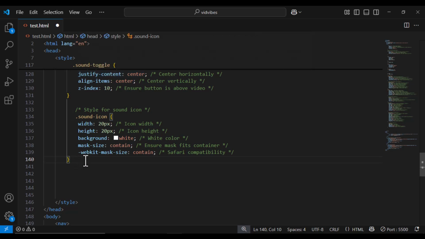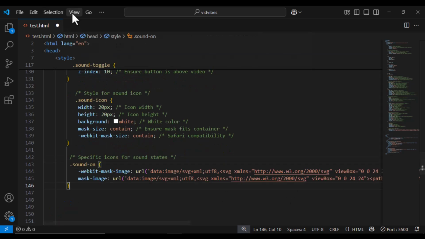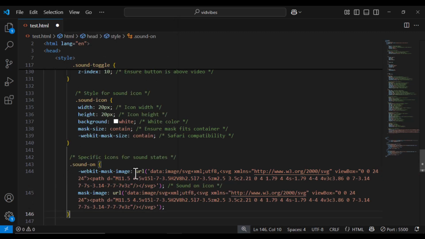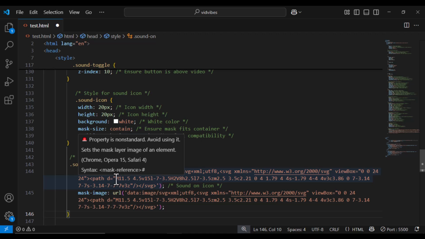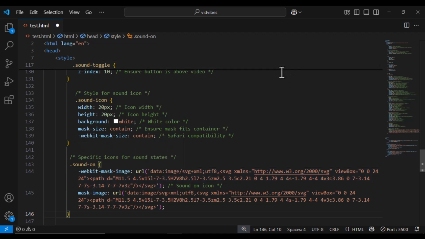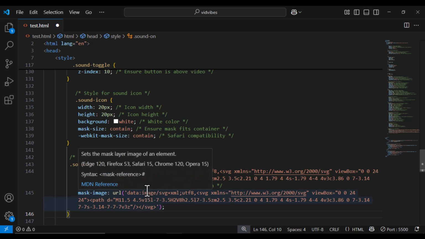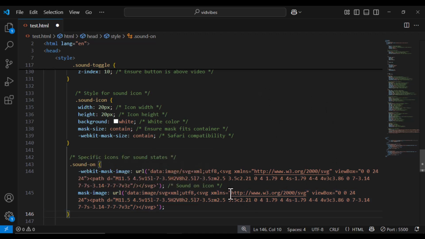So this one will be this one. Excuse me, please. Word wrap. So this is the link for the SVG of the button, the mute or unmute button. So this is the SVG. There is no need of typing this. I will provide this link in the description. So this is just a link to